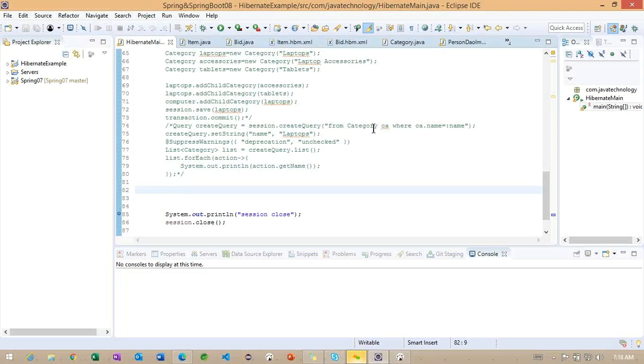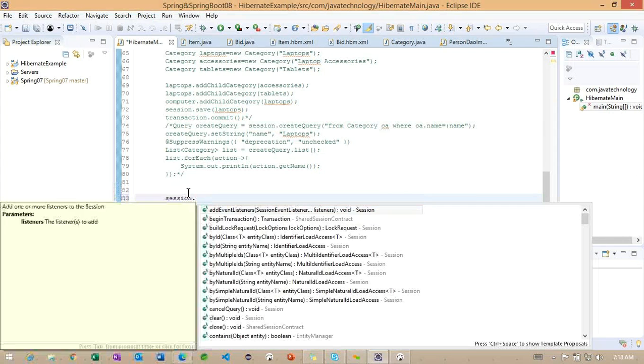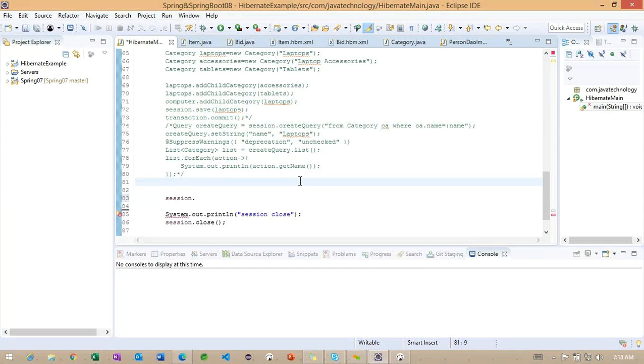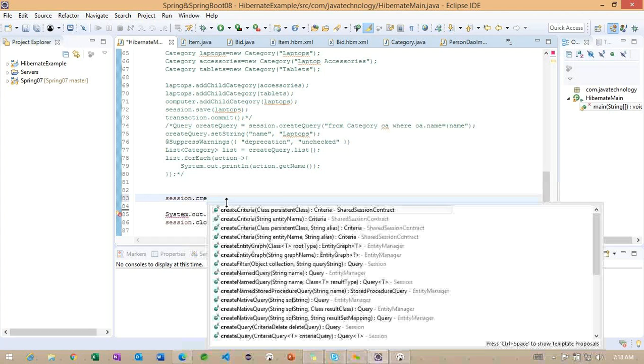So to work on this particular criteria, what can we do? Again, we need to use session. Session dot, what is the name of the method we need to call here?